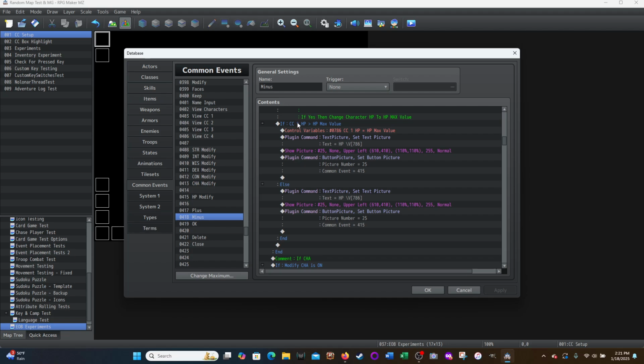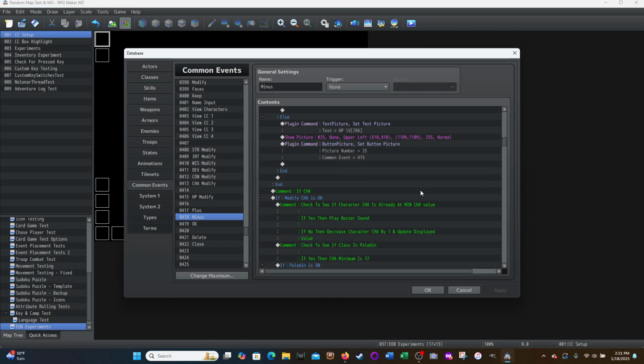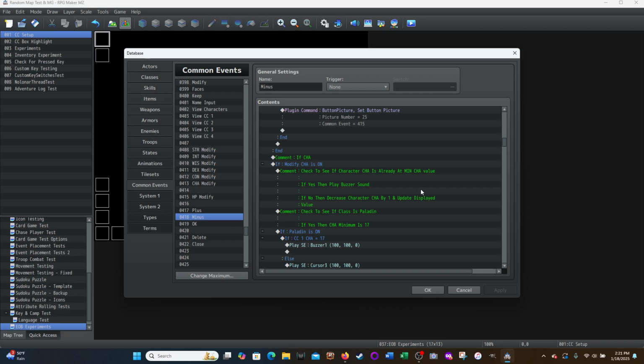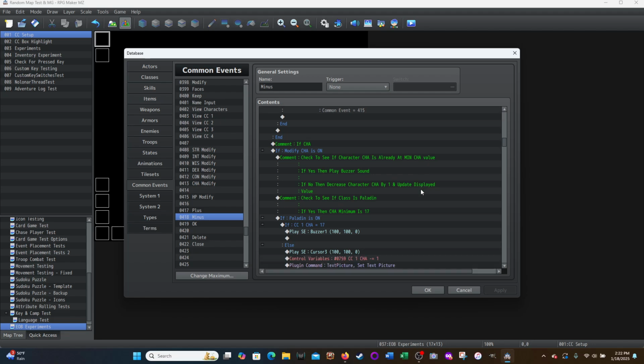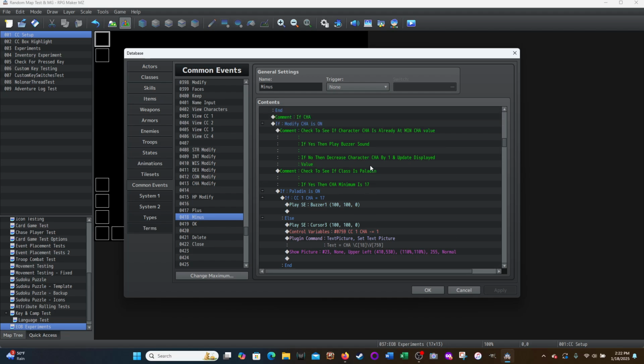The else is basically saying if CC1 HP is not greater than HP max value, then we're just going to update the display, update what the value of the HP is, and make it clickable again. Okay, so that's what that's doing. Constitution was a little bit more complicated, because we had to accommodate if we change the Constitution modifier, and that changes the maximum amount of hit points that should be allowed for that particular class. So then modify charisma is very similar to the other easy ones, except